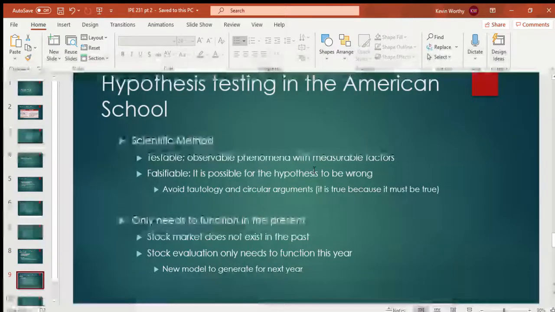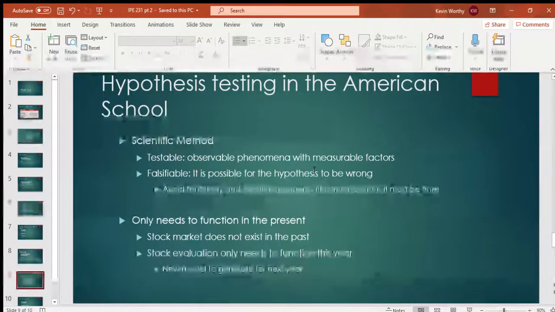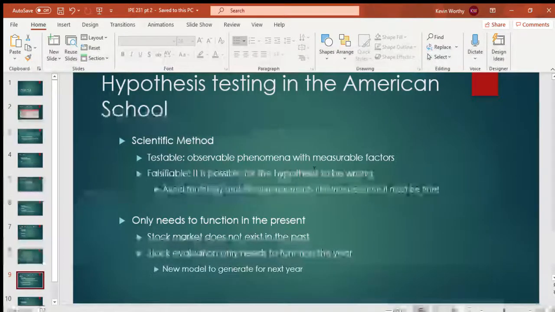So this is not hypothesis testing in America, right? In the American school, right, we have a scientific method, right? And we've talked about this a lot, so I know I'm going quickly, but I want to get this out to you, and we're already behind. So you need something testable, right? I need something that I can observe and measure, but I also need something falsifiable, right? So the scientific method always involves falsifiability, right? There has to be the possibility that I'm wrong, right? There always has to be the possibility that I'm wrong. That's why it's scientific, because I'm not saying this is true, I believe it to be true. I'm saying this is what the evidence supports, and I'm going to keep testing it. And if new evidence comes in that says this is wrong, then I change that behavior.